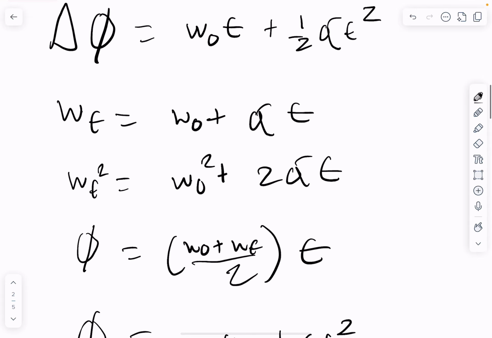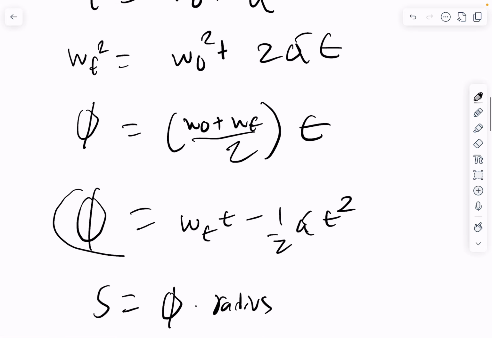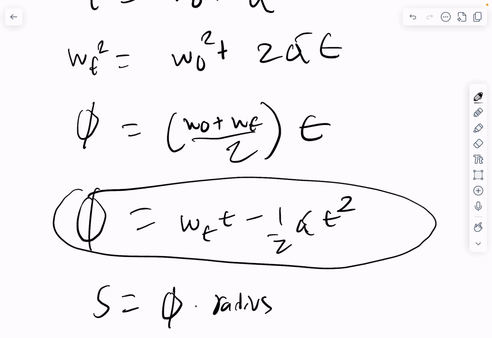Definitely memorize these because I think it's annoying to go back to the formula sheet and look at them over and over again. And they're pretty easy to memorize, I think. And then we also have this one special one right here, which you don't really see very often. But if you're ever given final velocity and time and acceleration, and you need to solve for any of these things,